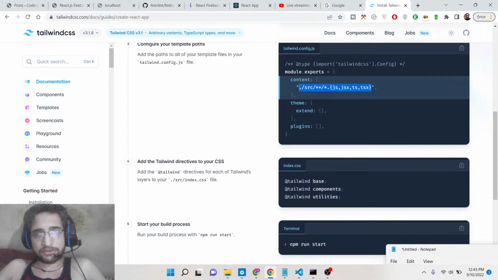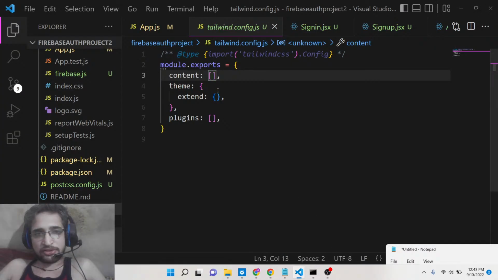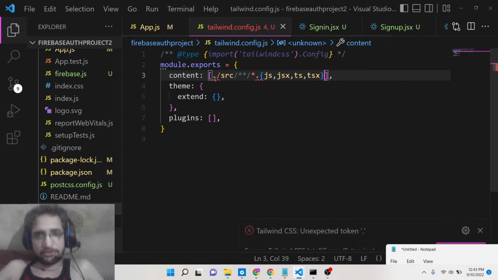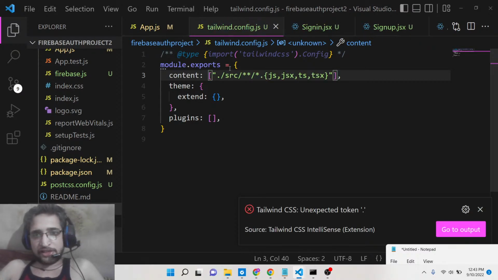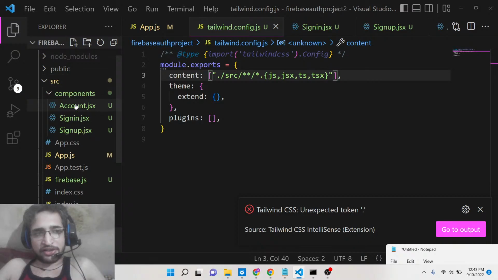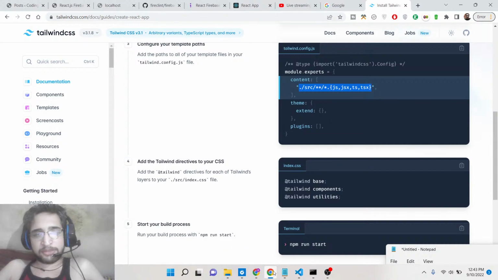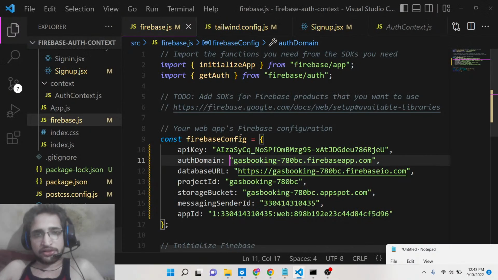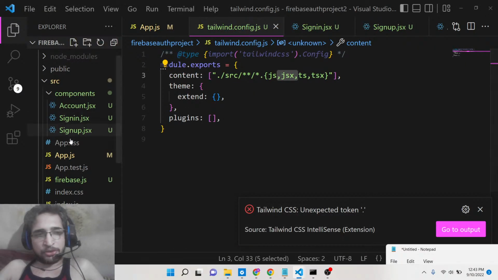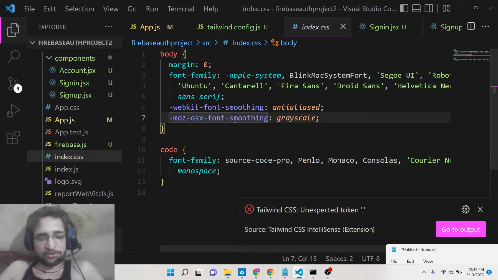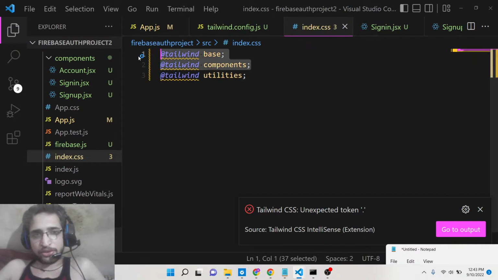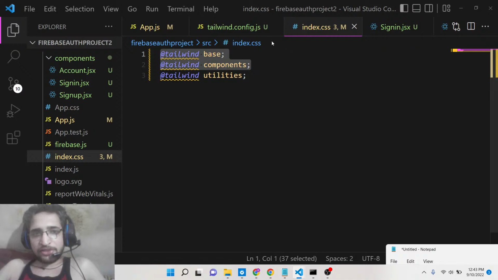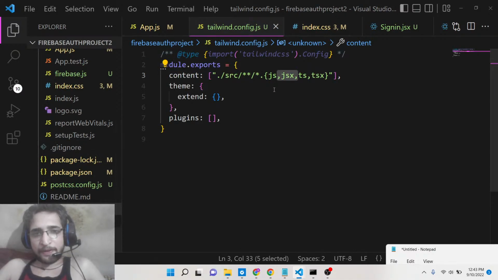Now inside the config file, inside the content, it has given these instructions. You need to copy and paste this code, just like this. Basically it is saying that it will look inside the source folder, and for JSX, JS, TS, TypeScript, all these files, it will apply the styles. After that, guys, just go to your index.css file and copy paste this code. Inside your React.js project you have index.css, delete all this and paste this code here. That's it. This is all that you need, guys, to configure